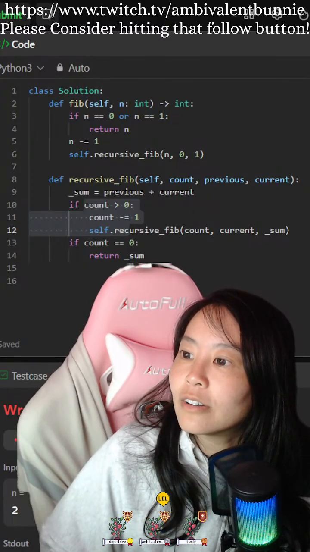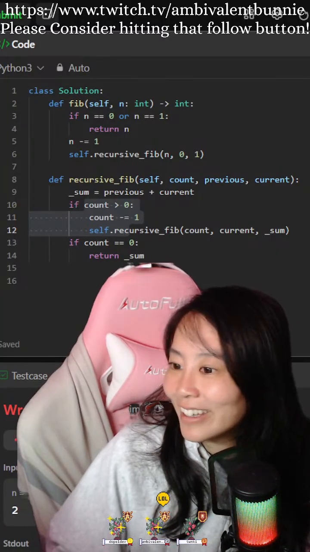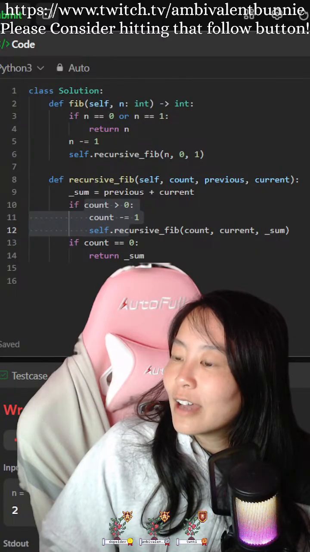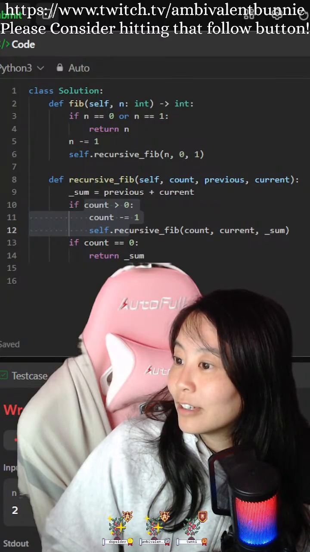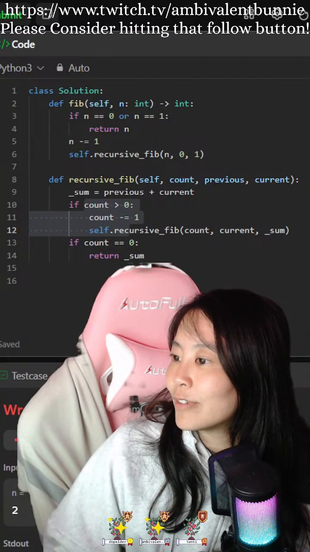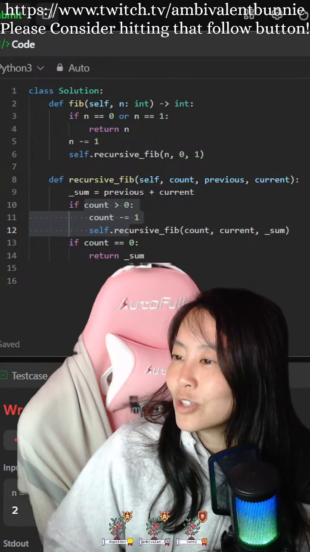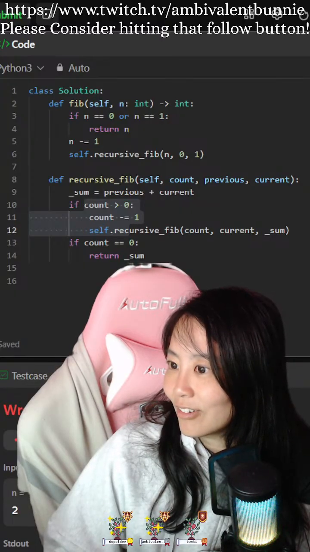I am doing LeetCode. Sorry, the world of hacking. I'm doing LeetCode, so I'm not building anything. I'm just trying to. Okay, as the following: fib 0 equals 0, fib 1 equals 1. And for n greater than 1, fib n equals fib n minus 1 plus fib n minus 2. So fib 2 equals fib 1 plus fib 0.